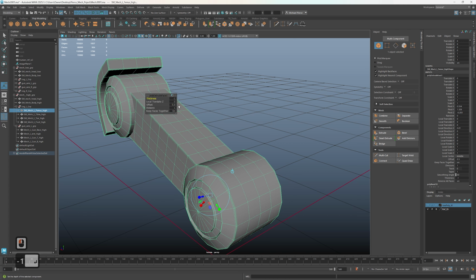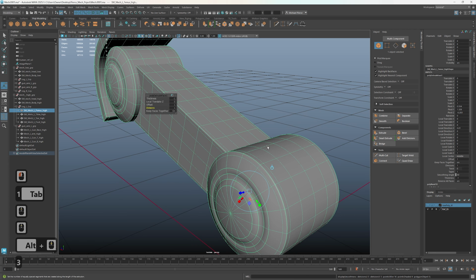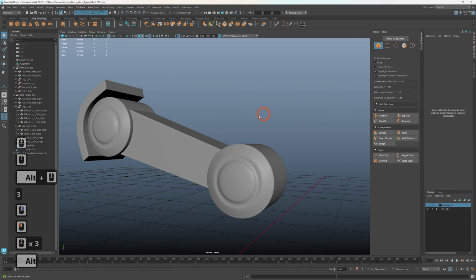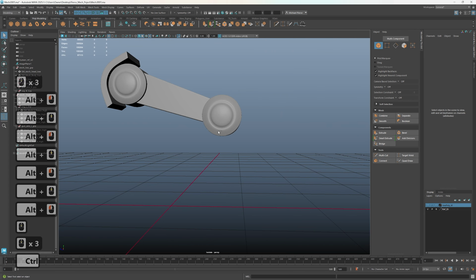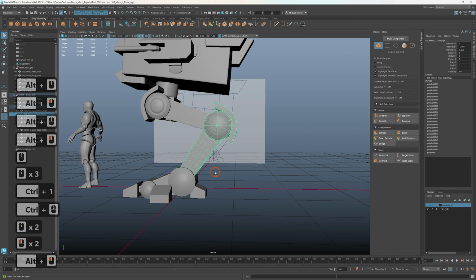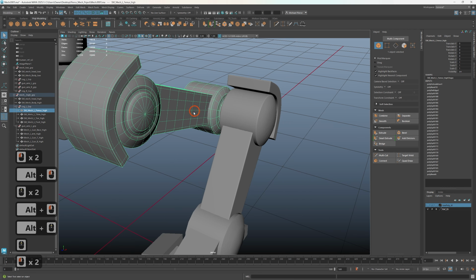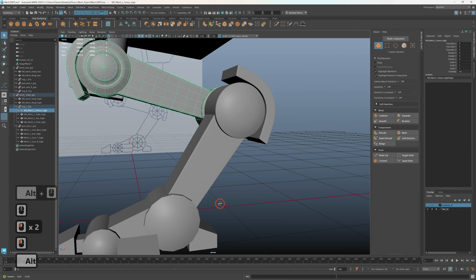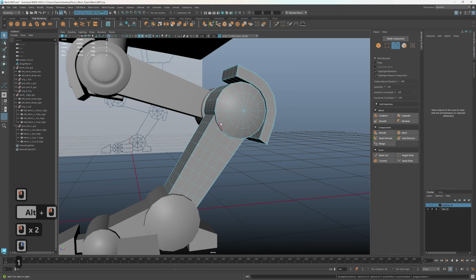-1. There we go. Let's do 1 for the offset as well. That way it's a little more defined. That's perfectly fine for me. In fact, that's what I'm going to do for the other ones as well. I'm going to delete my history as well. Makes sense. And then quickly come back here, go to edges,